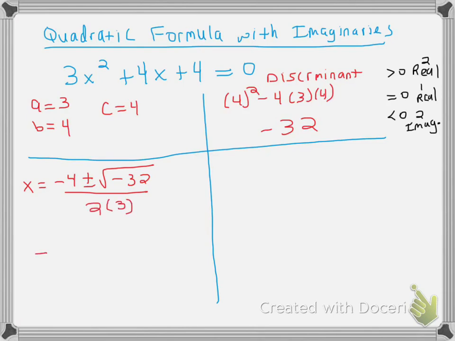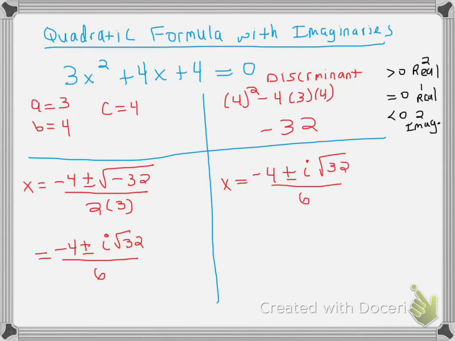All right, now what we're going to do is continue with this on this side. I just want to rewrite it a little bit. So now that we're working with imaginaries, we can see that we're taking the square root of a negative. I'm going to write an i in front of that square root so it can become a positive 32. So it's going to become negative 4 plus or minus i square root 32 all over 6. All right, now we're good with this box. I'm going to jump over into my last box over here. So you can see that I'm going to write x equals negative 4 plus or minus i square root 32